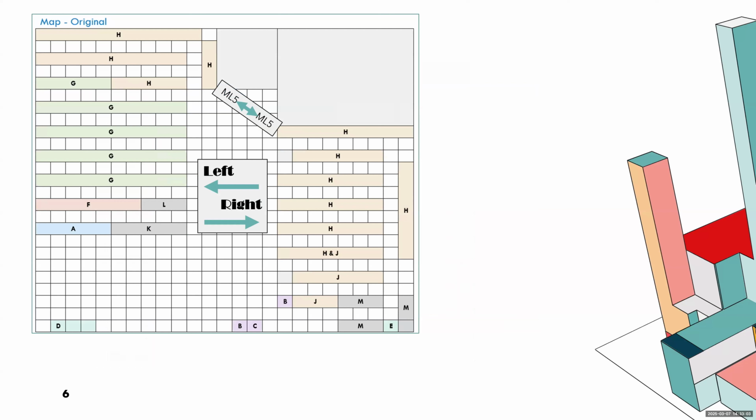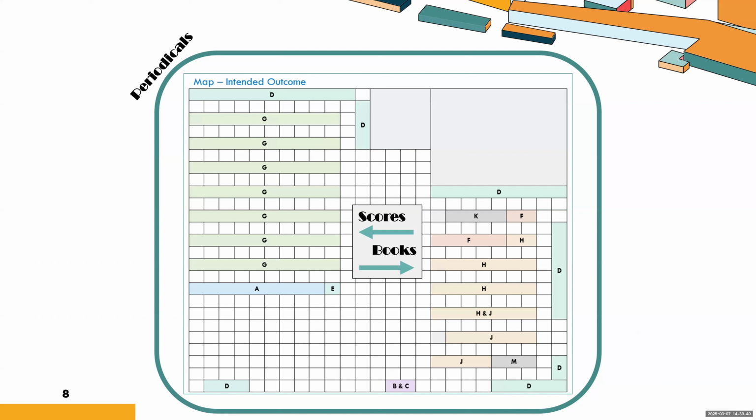Carla, the music librarian, mentioned at some point that tours could be lengthy as she explained that books within certain call number ranges were in different places, how music scores were arranged, where to find theses and dissertations, and where to look for periodicals since they were throughout the library. We talked about how nice it would be if she could say all of each format were in one place, and I suggested the harebrained idea to do just that, putting all of the music scores on the left and all of the books on the right, and moving all of the periodicals to line the walls of the library,